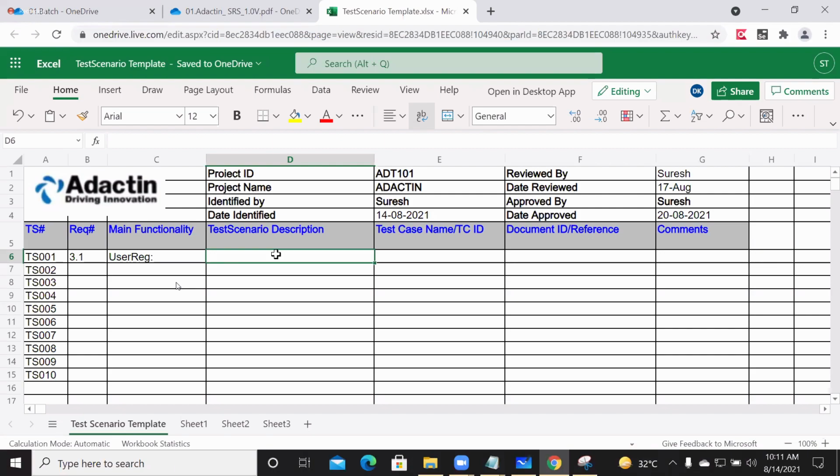Descriptive information regarding what needs to be tested in the application. What kind of functionalities need to be tested, we need to mention.